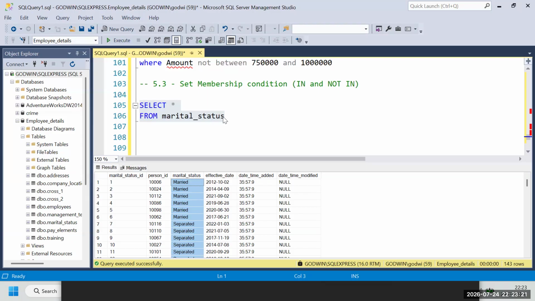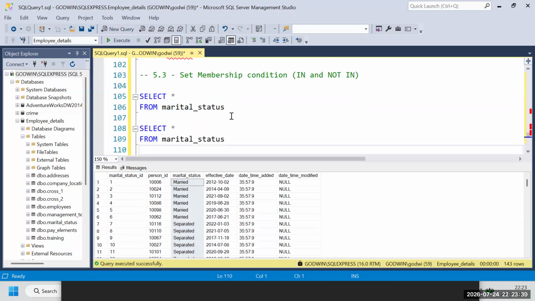All right? So if, for example, we have this again, and we want to restrict our output to show only those who are married, then what do we do? Where marital status